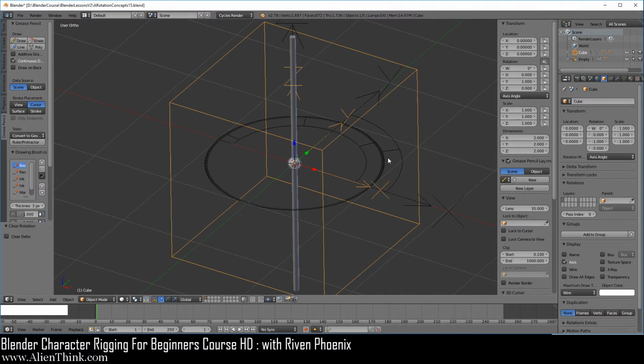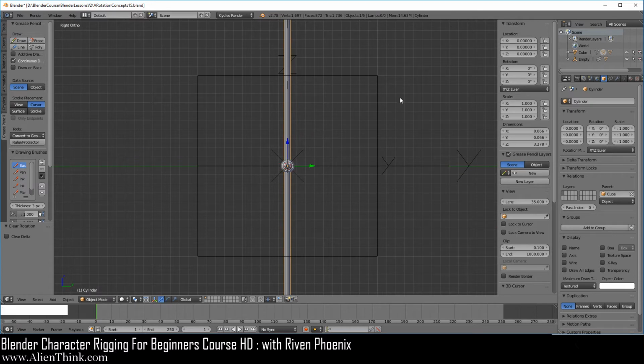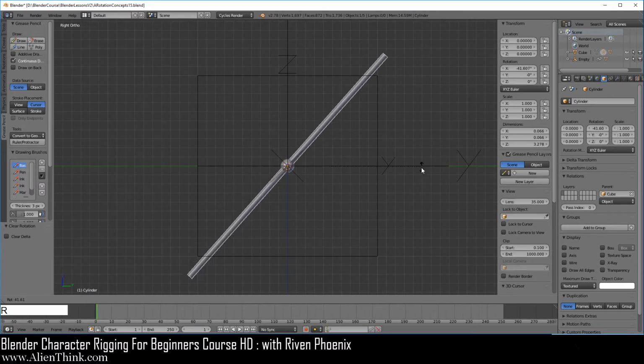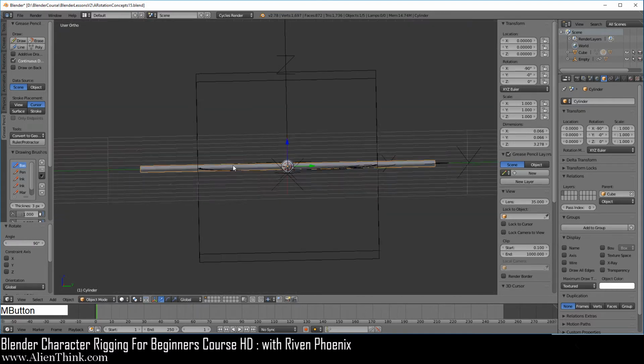So to visually see this, just click on this pole, press the 3 key to go to the right view, and press the R key, press the Control key down, and just lay it down like this.